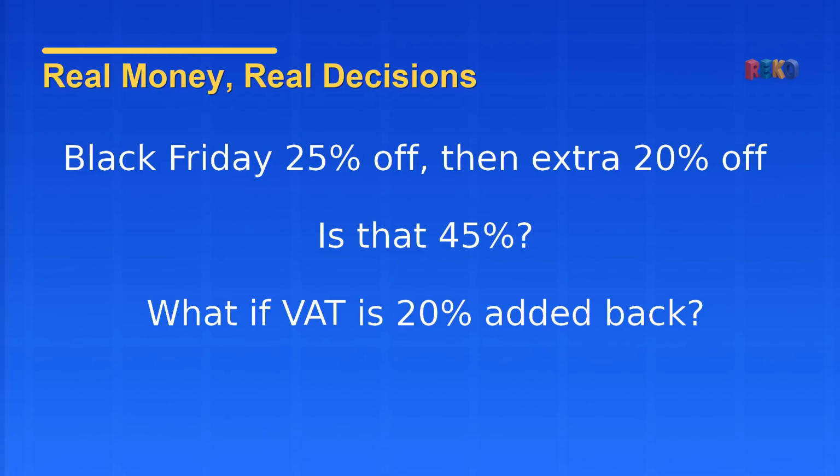Real money, real decisions. Two discounts in a row: 25% off, then another 20%. Is that the same as 45% off? Spoiler, it isn't. And what if the shop adds 20% VAT back on? By the end, you'll know exactly why it's not 45% and how to handle stacked discounts and VAT like a